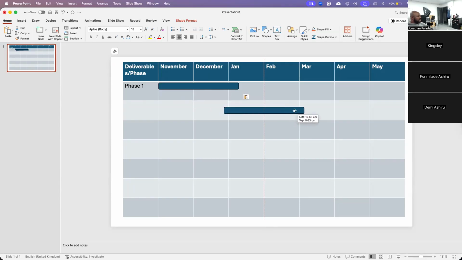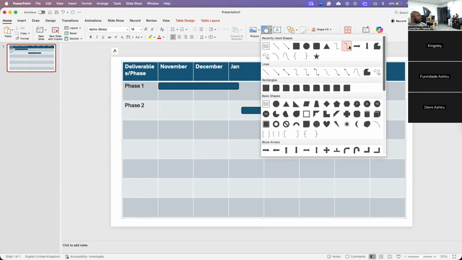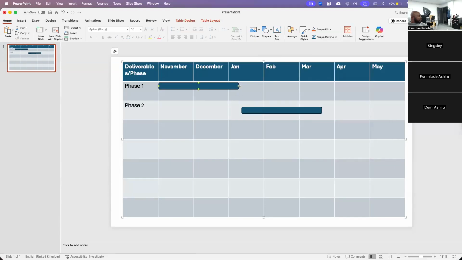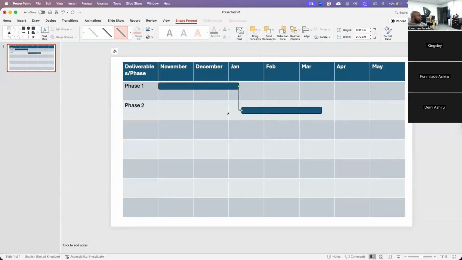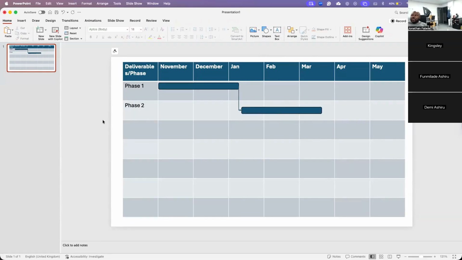But then again, I could say, all right, let me do this as an example, and then say phase 2. But if I wanted to show that phase 1 and phase 2 are dependent, or there's a connection between them, again, I can go to shapes, insert, and I'm just going to draw this line from here to here. That then tells your viewer that these activities are linked, because it's not every day you're going to be sending 1,000 words. Nobody's got time for that. Again, you have to manage the expectations of your stakeholders, right?